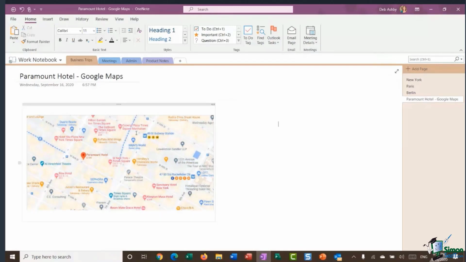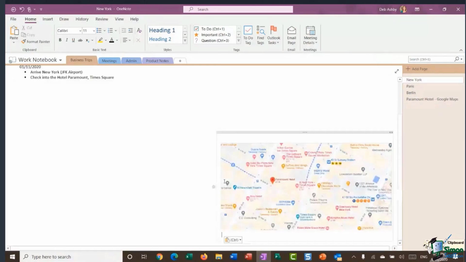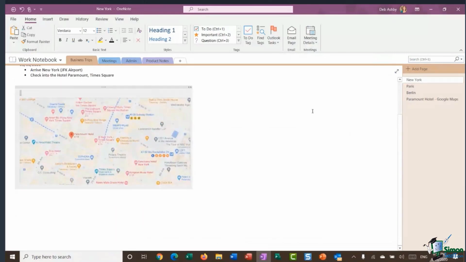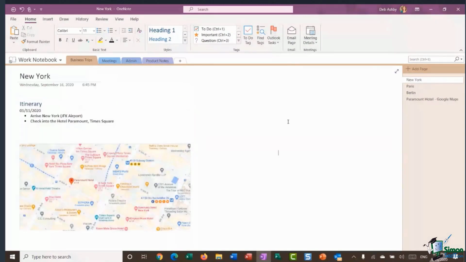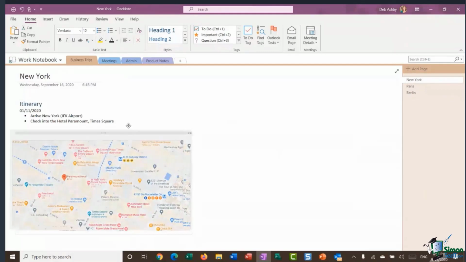So now I've got this in my notebook. I want to have this on my page for New York. I don't want it to be on this page that's just been created. So I can simply cut, Control X. I can go to the correct page. I can do a Control V to paste that in. And I'm going to move that underneath my text like so. And then if I don't need this page for the Paramount Hotel, I can just right click and delete that out. Okay, so a really nice way of getting images,